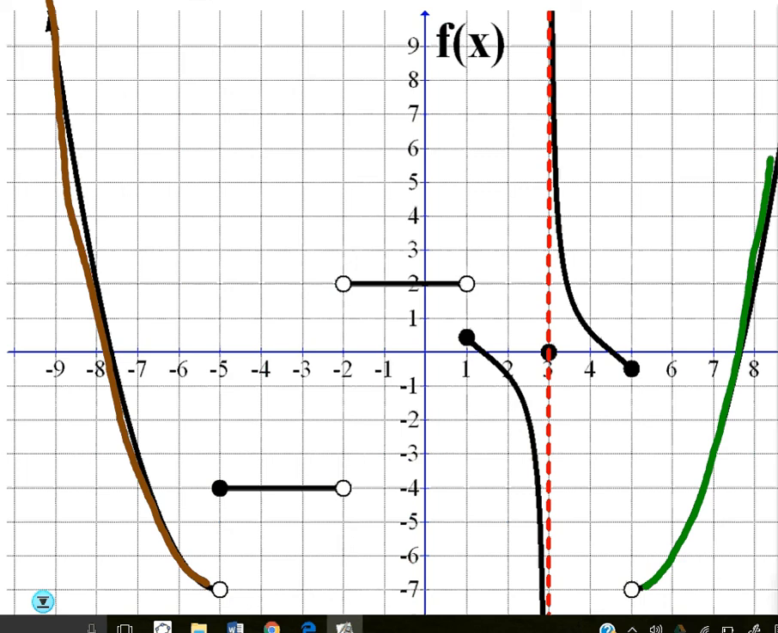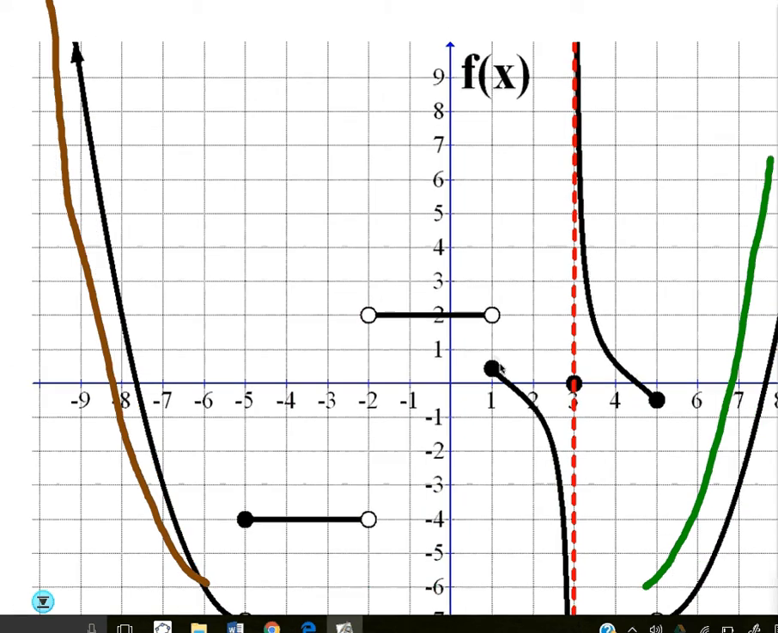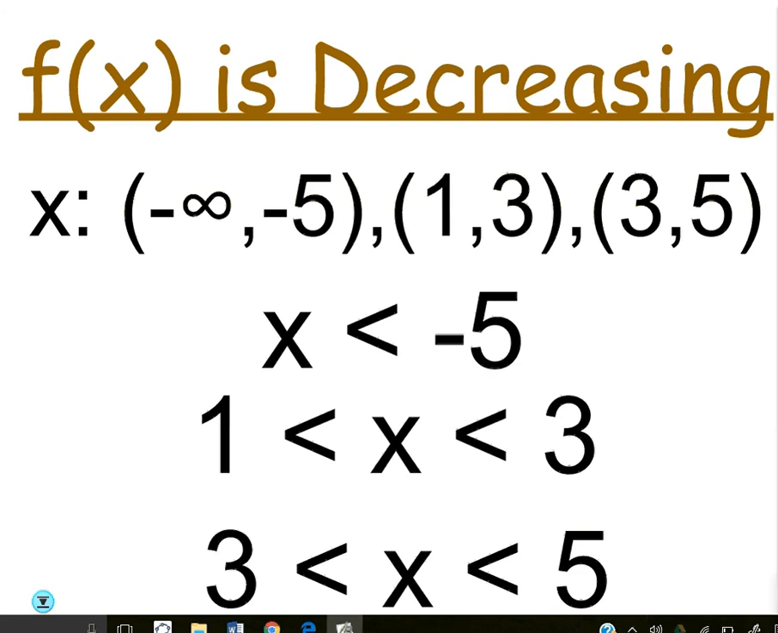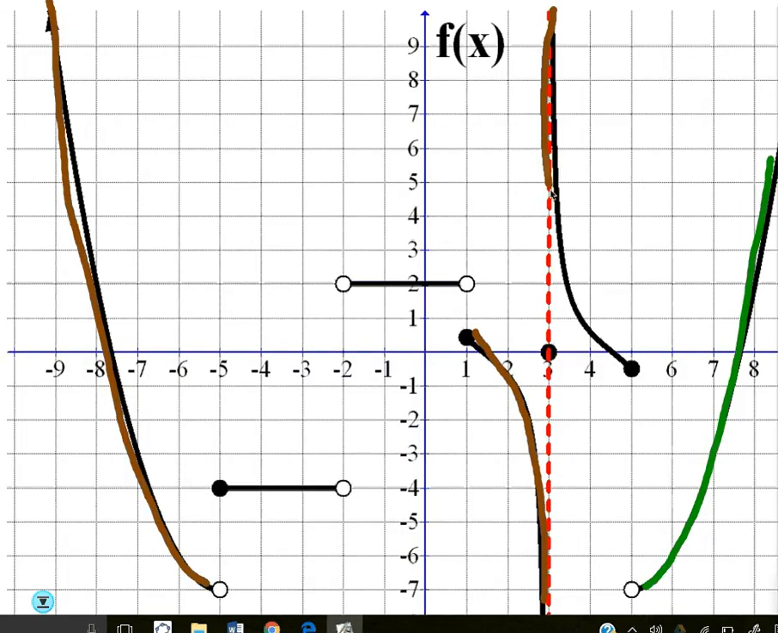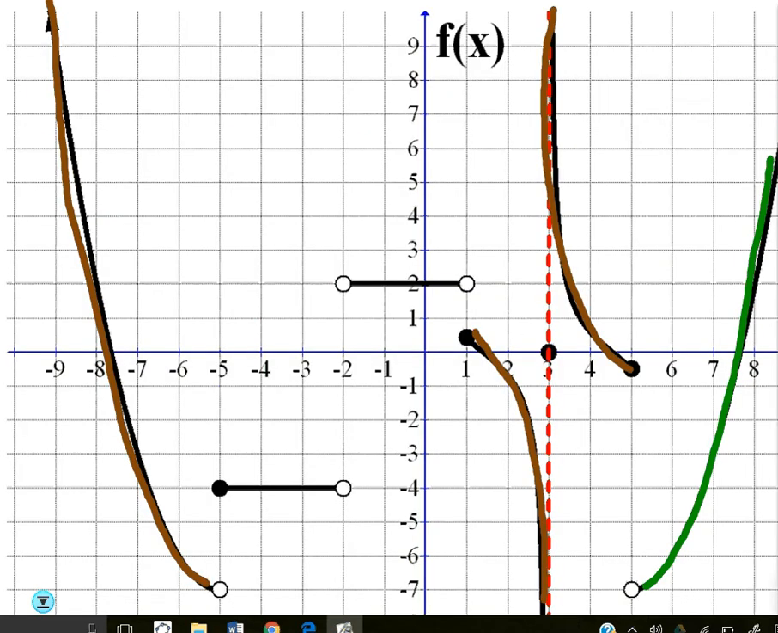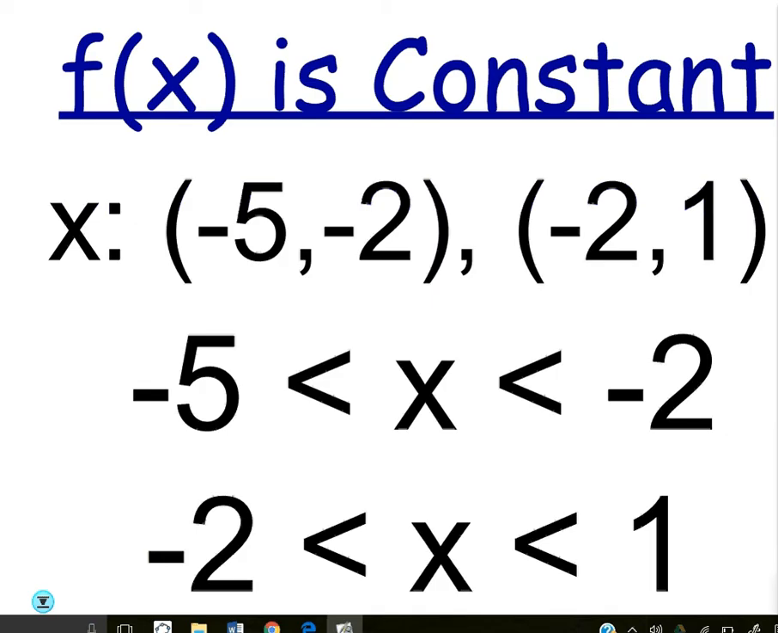Okay, and then we have from 1, all the way up to, but not including 3. So that's obviously in parentheses. And then from 3 to 5, it goes down. Okay? And then constant. From -5 to -2, and from -2 to 1. And then finally,